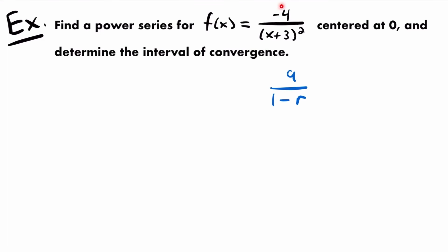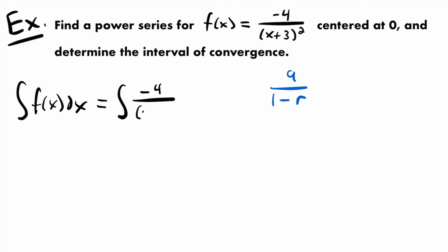We have a constant in the numerator, but in the denominator, we have (x + 3)². So that doesn't quite match up with the form of the sum of a geometric series. However, if we integrate this function, something interesting will happen, right? If we integrate f(x) dx, that will be equal to the integral of -4 divided by